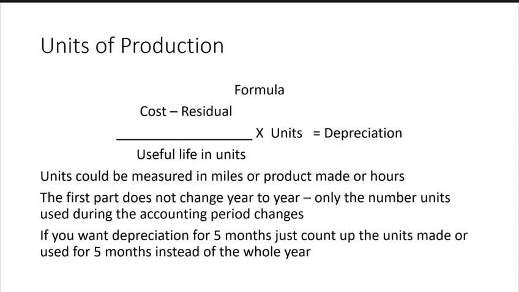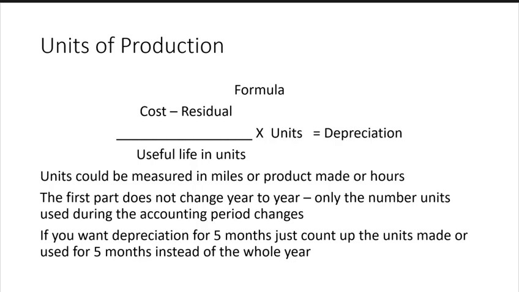Last one. Allocation method is units of production. Cost minus residual. So residual is in the formula this time, just like it was. But instead of dividing by time like we did with a straight line, we're dividing by the useful life in units. So this is for machinery or long-haul trucking or something like that,